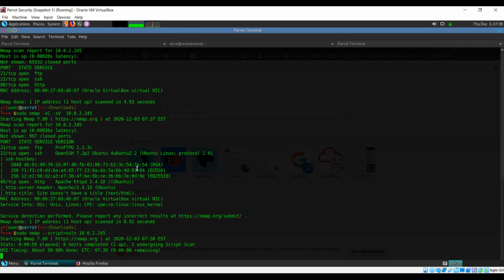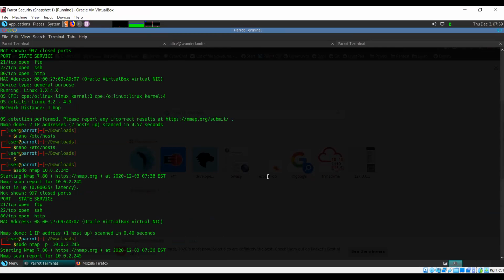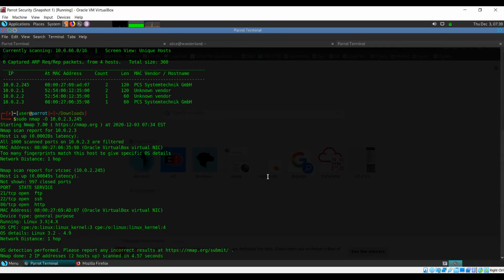Sir, that Discover is discovering 4 IPs and it has stopped. It is not coming back to the prompt. Does it take more time? Yeah, I understood. It tries to go through the entire range that you specify, so that takes a bit of time. So if you found the IPs which are part of your network, of your current subnet, just stop it in between. Okay, so just Control C out of it.